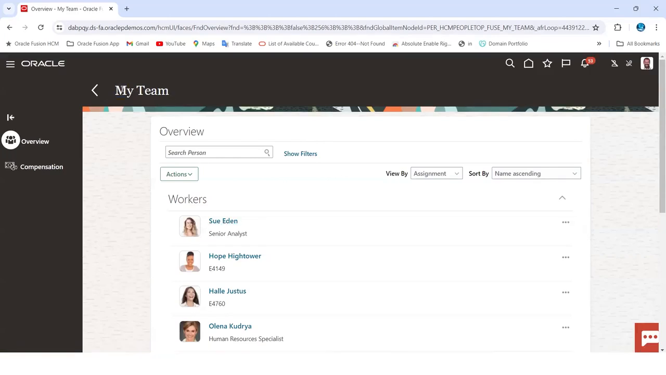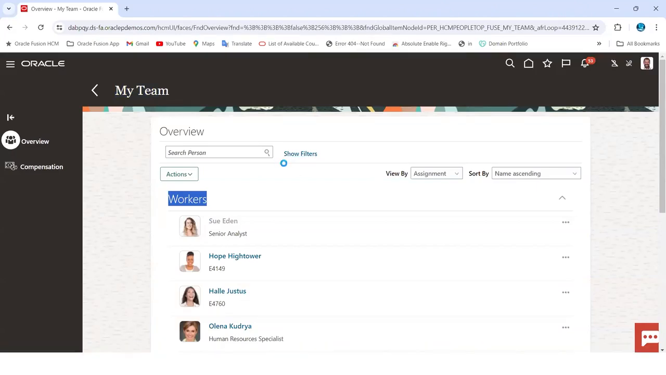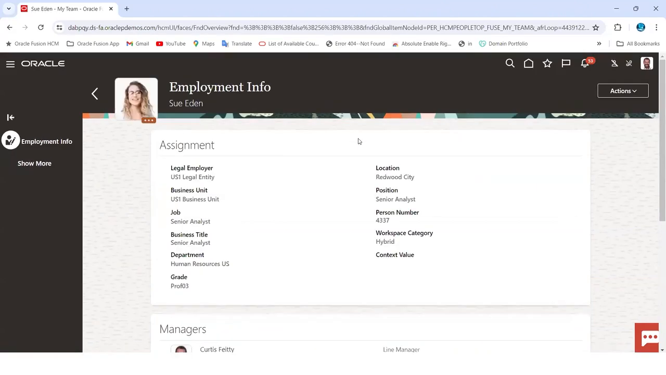Let's say as a manager, I came to my team, workers, and then I'm going to Sweden. So I will land upon the team employment info page here. See, where I will land upon the employment info page, for my subordinate. So here as a manager, I can check my subordinate's assignment details, employment info, like in which legal employer she